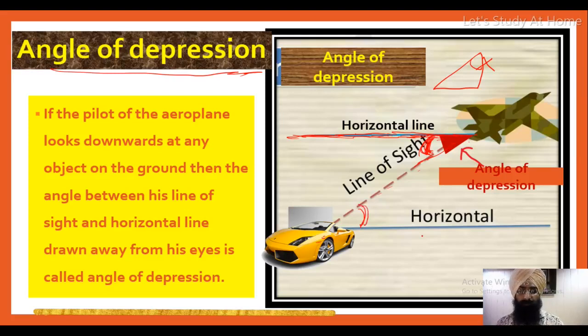This is angle of elevation. Again I will repeat, the angle between horizontal line and line of sight. Means if a driver of a car observes the aeroplane, the angle between horizontal line and line of sight is called angle of elevation. If the pilot observes the car, then that is angle of depression. Means if the person above looks down, it is angle of depression; if the person below looks up, then angle of elevation. Okay, next,